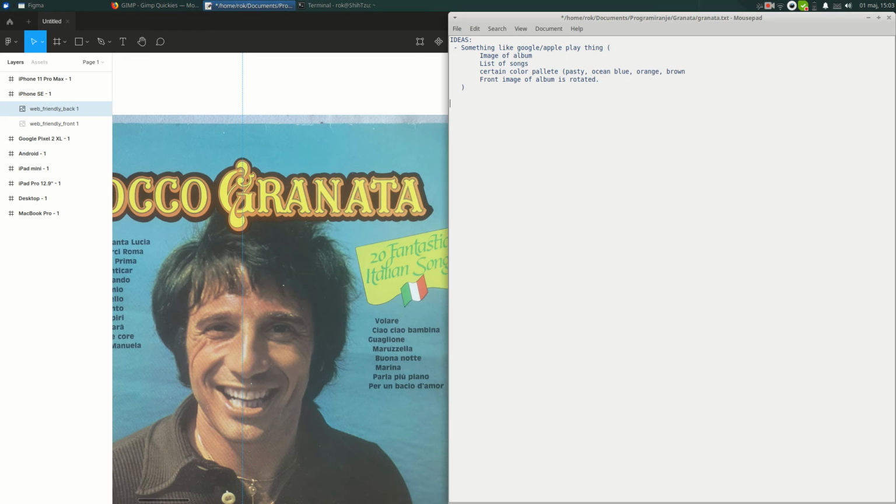So we could say vinyl album case lies on a table,